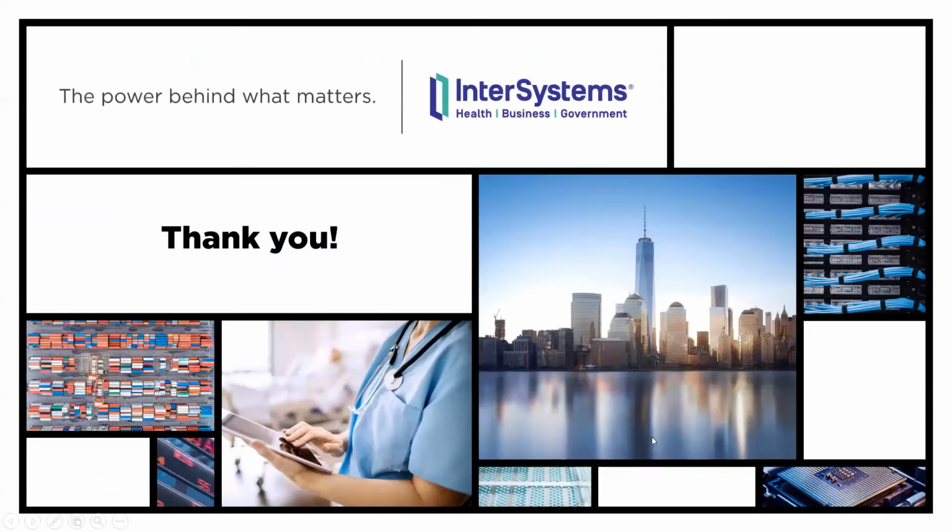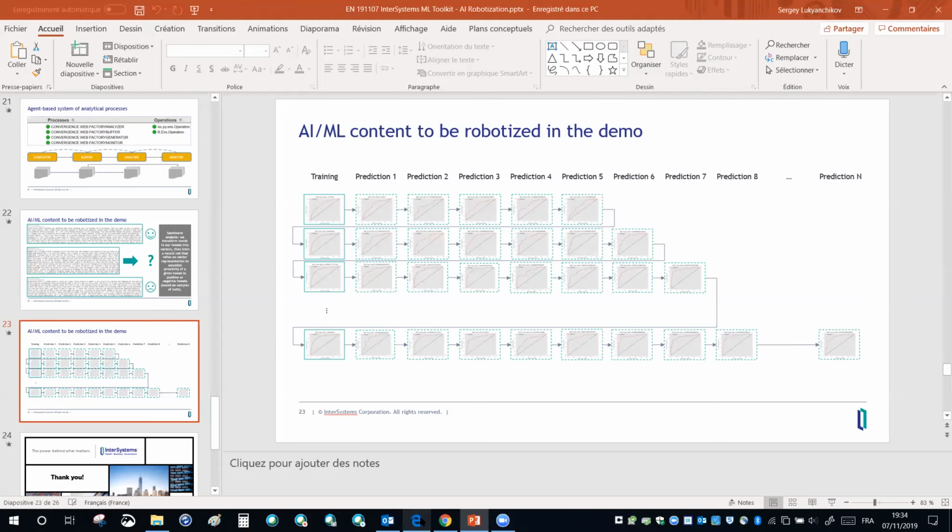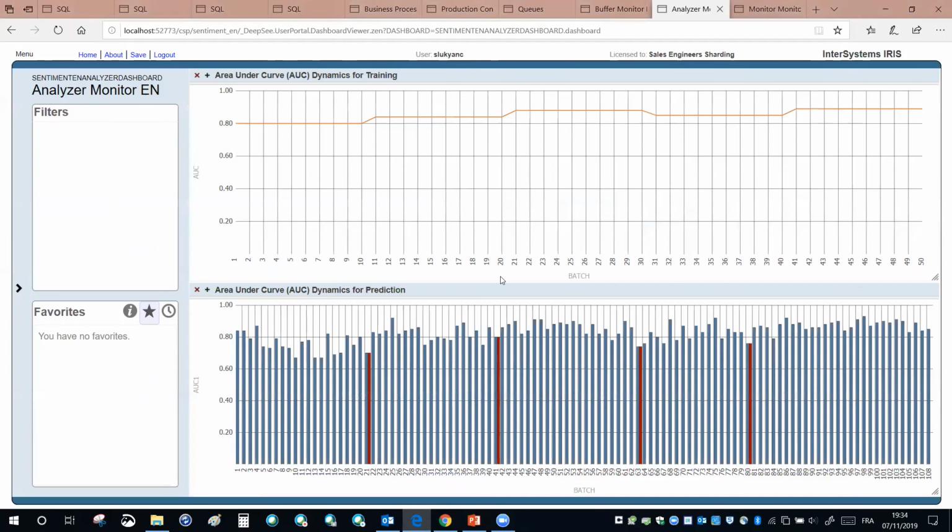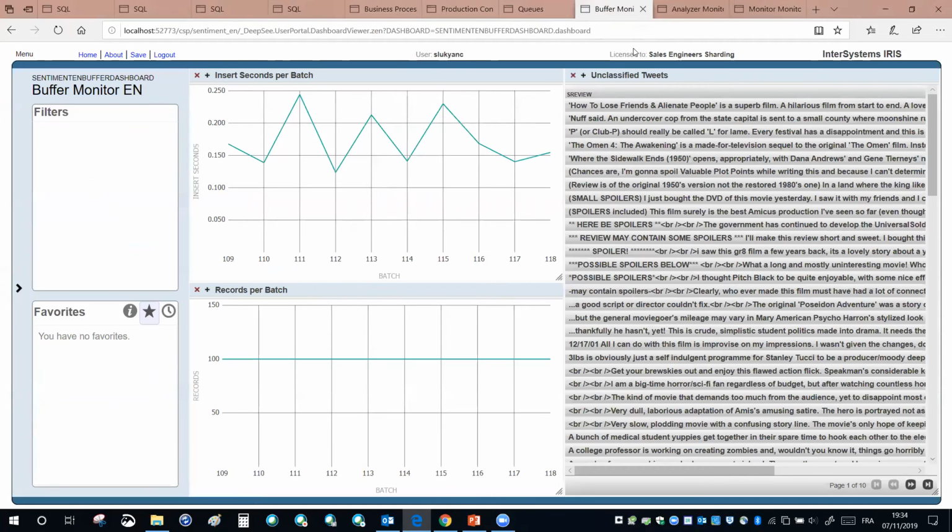So with that, let's go to my system here. I'm starting by showing you, maybe in a static way first, the outcomes of the previous run of this example. So at least there will be 3 dashboards that allow us to be in a complete cockpit of what's going on here. So basically, we have a buffer control dashboard that allows us to see what batches of data to classify the unclassified tweets we are receiving. So those numbers at the bottom are the batches. One batch is 100 tweets.